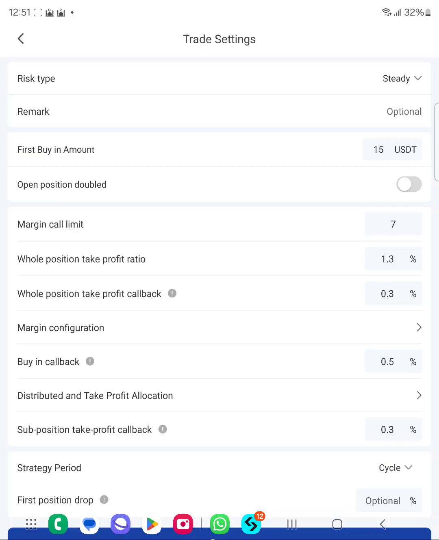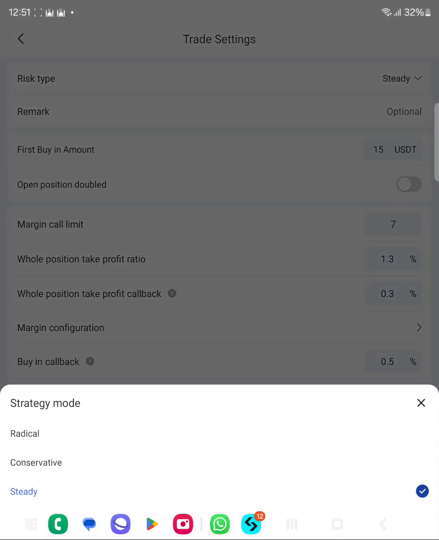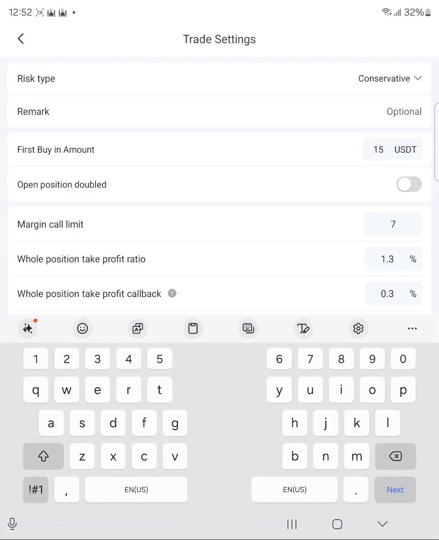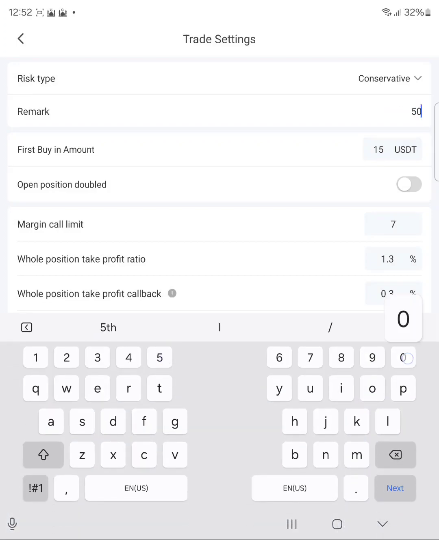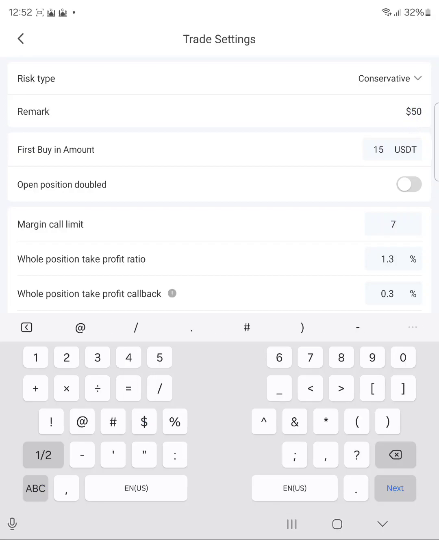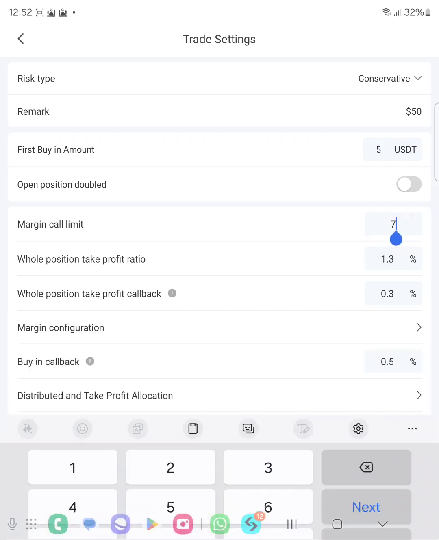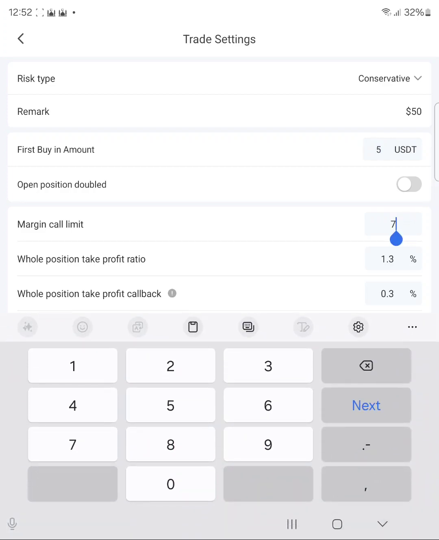That's the first page here. You click on risk type and select conservative, confirm. Then I'll first go for $50 settings. So I'll put $50 here, and my first buy is going to be $5. If I divide 45 by